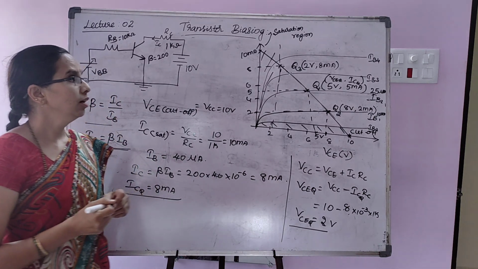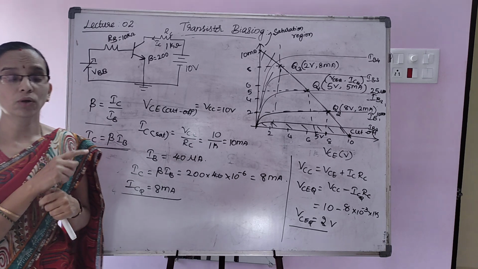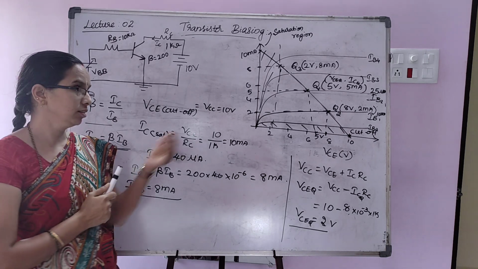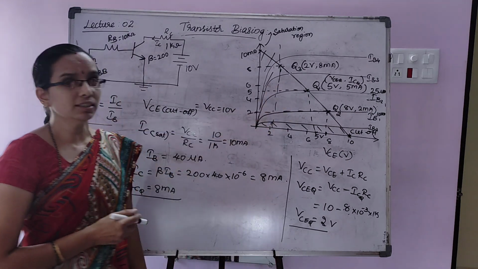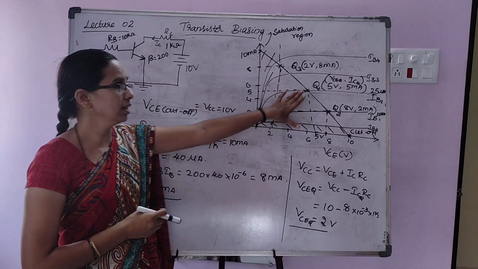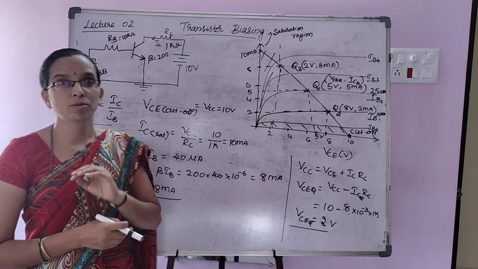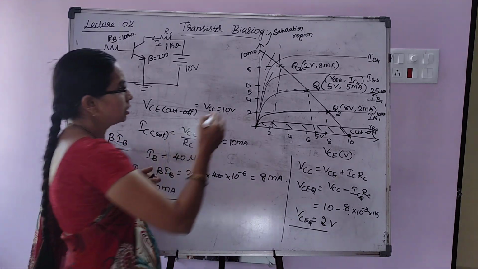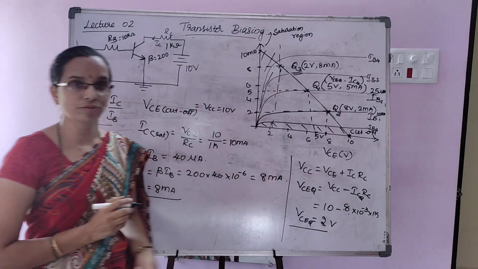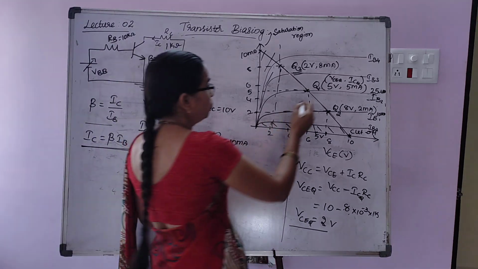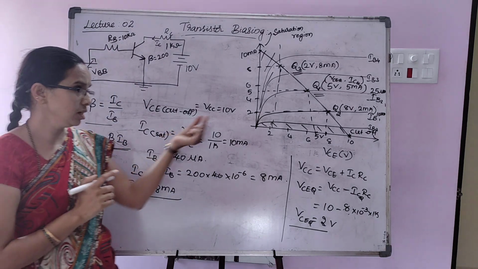Q points are located on the DC load line where the load line intersects with the output characteristics of the transistor. So once you decide the Q points, then all these ICQ, VCEQ values have been set, then the transistor is properly biased. See, in this Q3 is nearer to saturation region and Q2 is nearer to cutoff region. Q1 is at the center of the active region, so depending on our application we will choose the Q point.